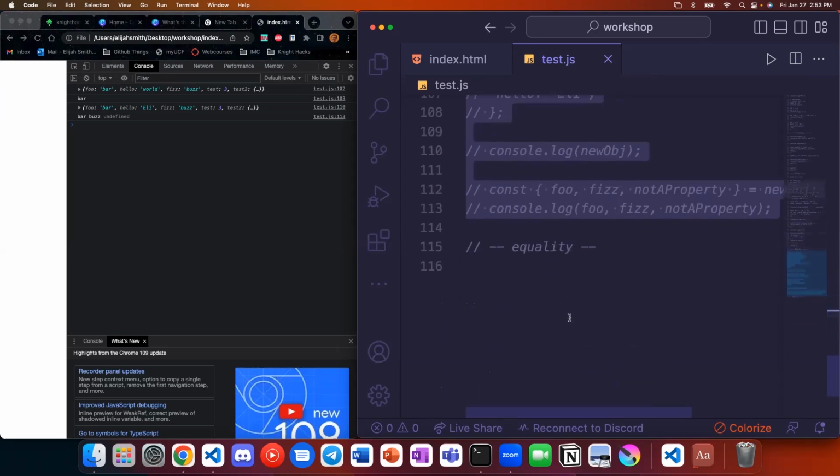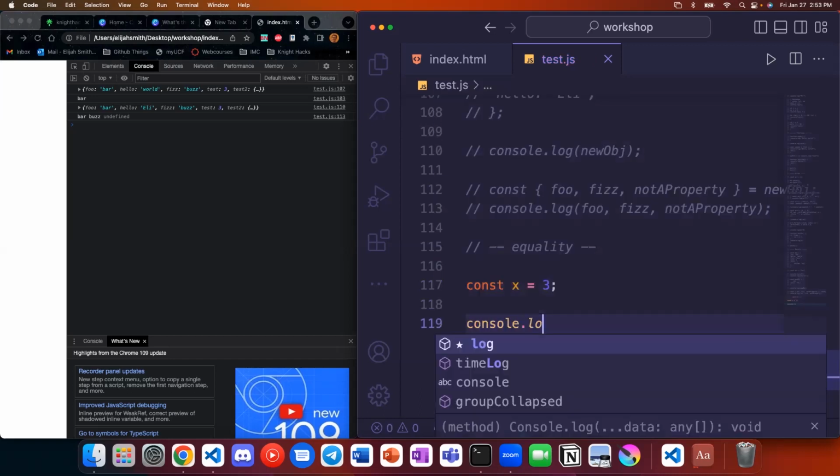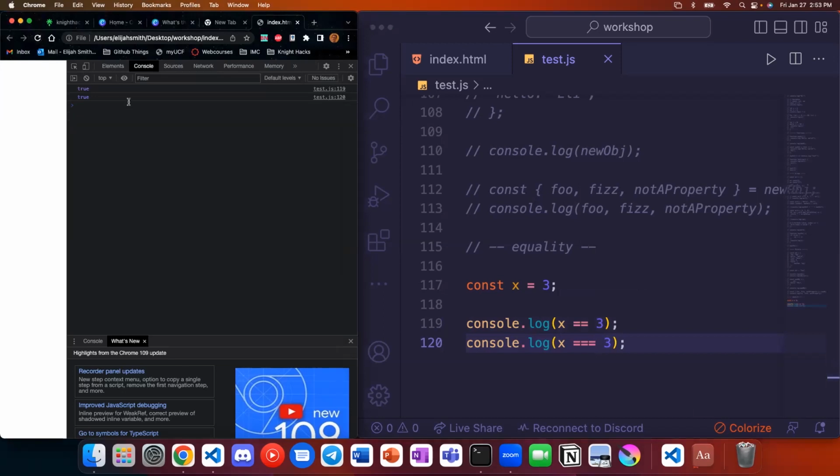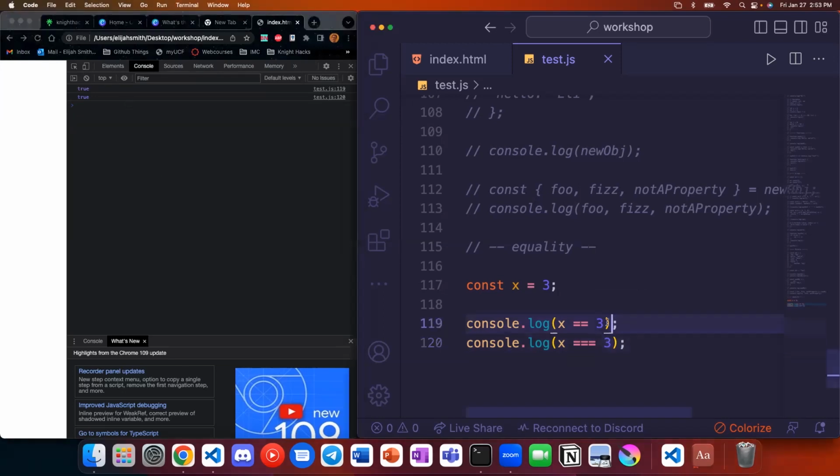All right, so there are two equal signs in JavaScript. Technically 3 if you count the assignment operator. So I can assign something with just a single equals, assign x to 3. If we want to compare something, x equal to 3, we can use either a double equals or a triple equals. In this case, both of these are going to return true. So you might think, oh, they're probably the same thing then. They're very much not the same thing.